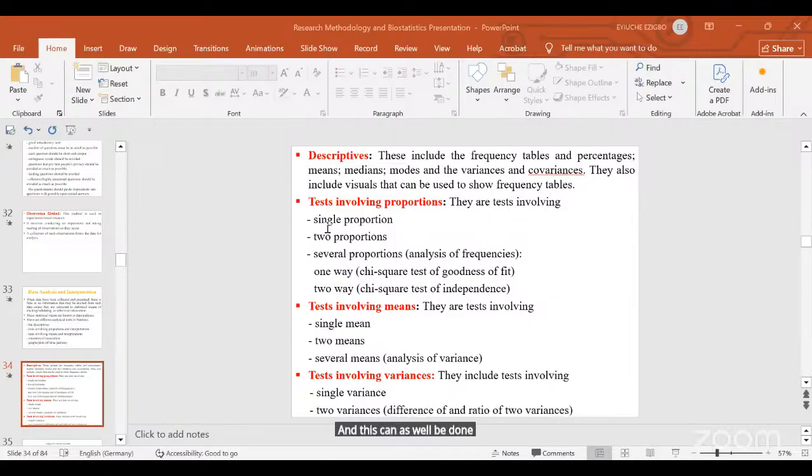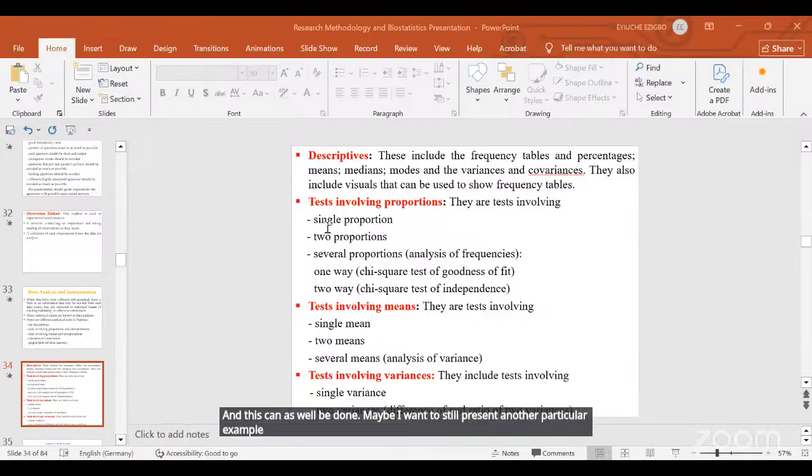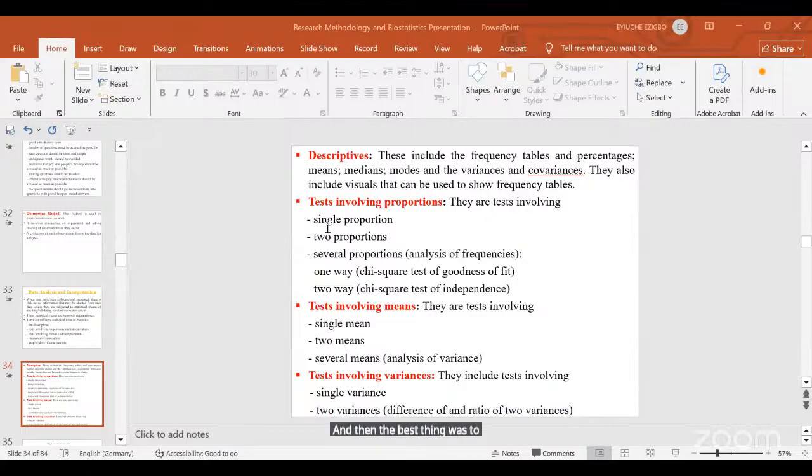Maybe I want to still present another particular example. Someone is carrying out a research, and the person wants to find out, maybe on school children, you want to find out if maybe, what do we use now? If the age or